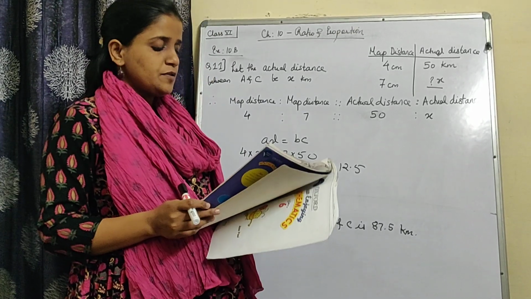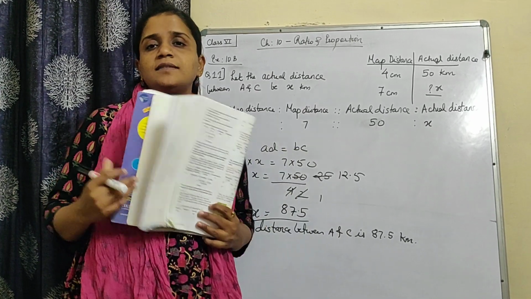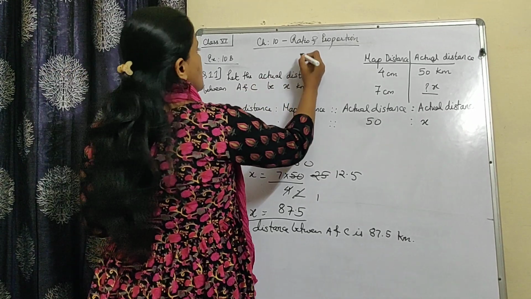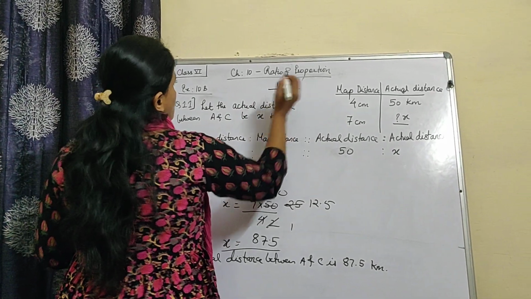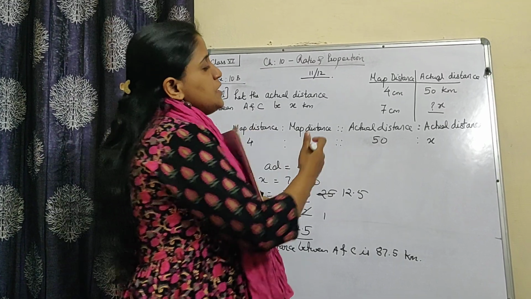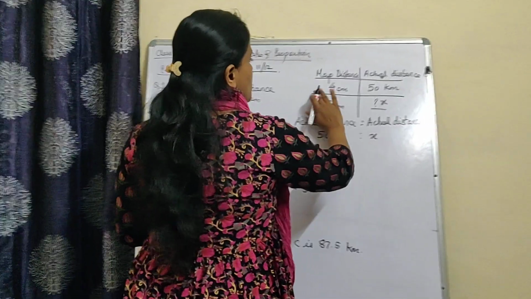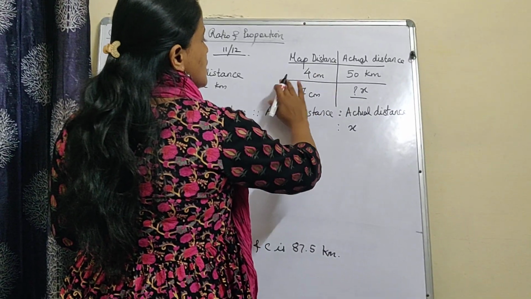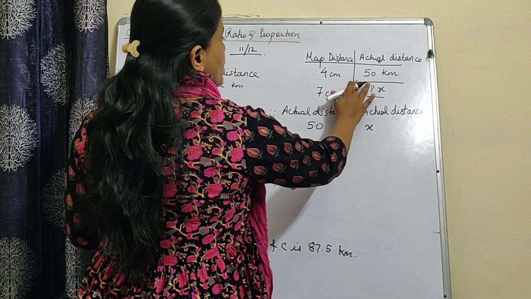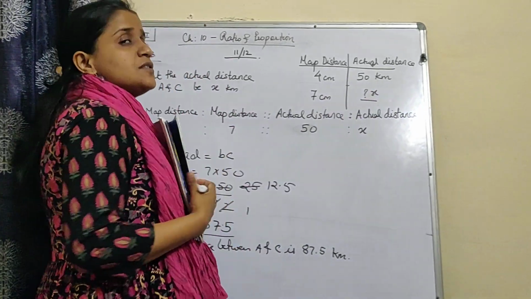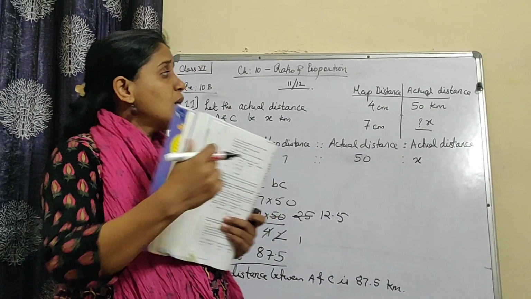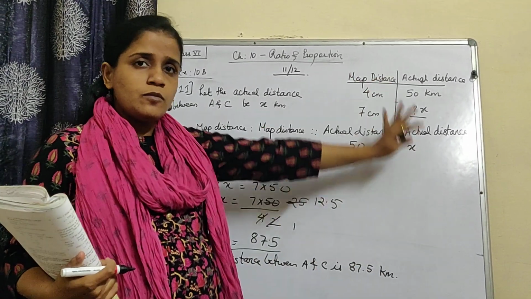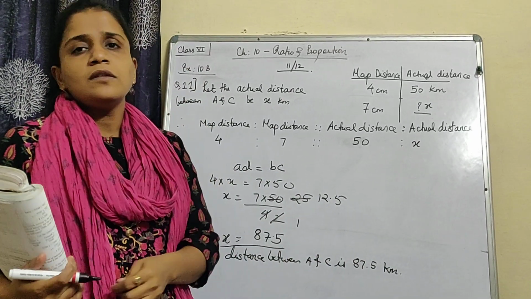Today we are going to start with question number 11 of exercise 10b. Hope you have done your homework. Now question number 11 and 12 are correlated. How are they correlated? The initial part of question 11 and 12 is the same, and the next part, in which we find the answer or whatever is asked, is just different. So question number 11, I am going to explain how to do. You will do it, and question number 12, I will make the framework and you will do it on your own now in the class.